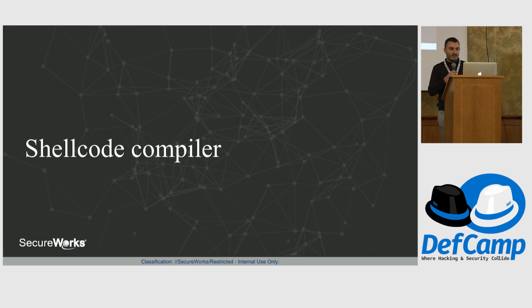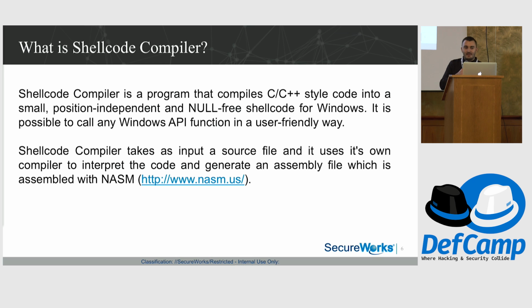Okay, shellcode compiler. This is the description for the shellcode compiler. It's a tool that takes as input a custom language, C++ style, and compiles it as any other compiler in a shellcode that is small, null-free, and the code is position independent. You can use it to call any Windows API, so any Windows function, in a really easy way. It takes the C++ style code as input and generates an assembly file that is later assembled with